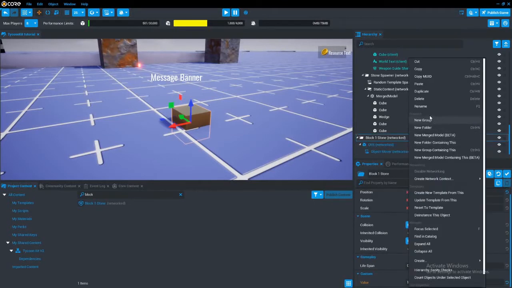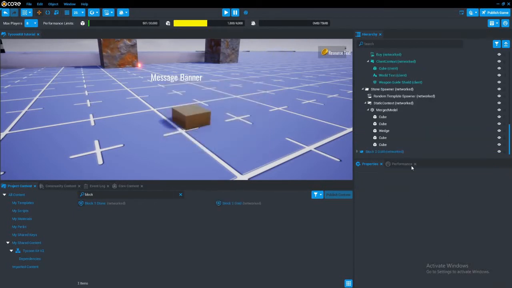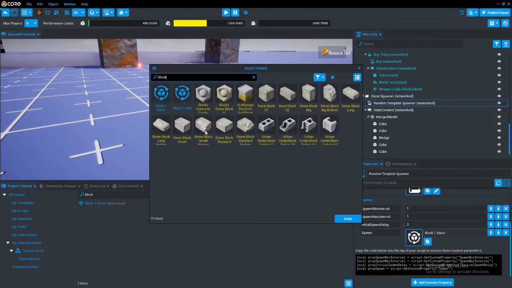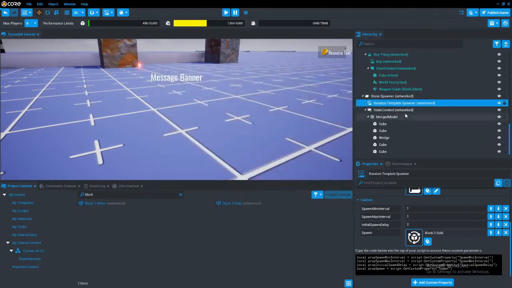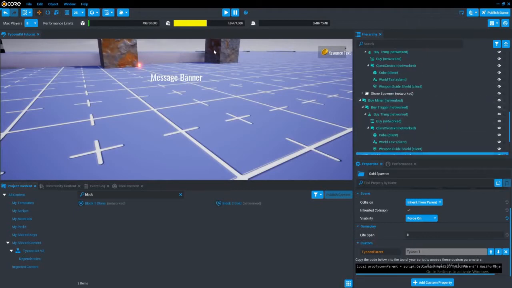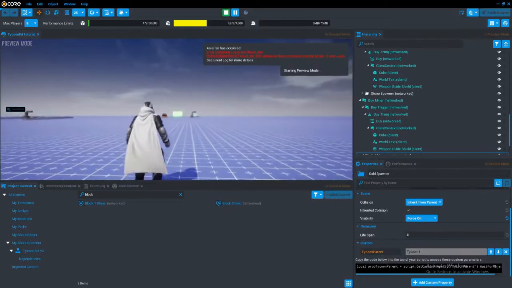Okay, so let's create this, create new template, and this should be block 2 gold. And now, this here, block 2 gold. And let's rename this to gold spawner. You don't have to rename it. I just like to keep things named, make stuff easy to read and very organized. So, if you come back,